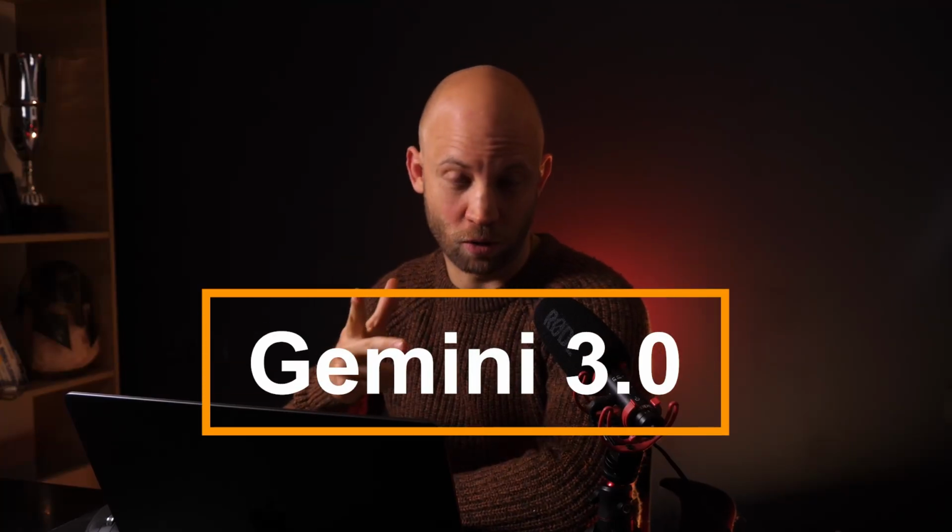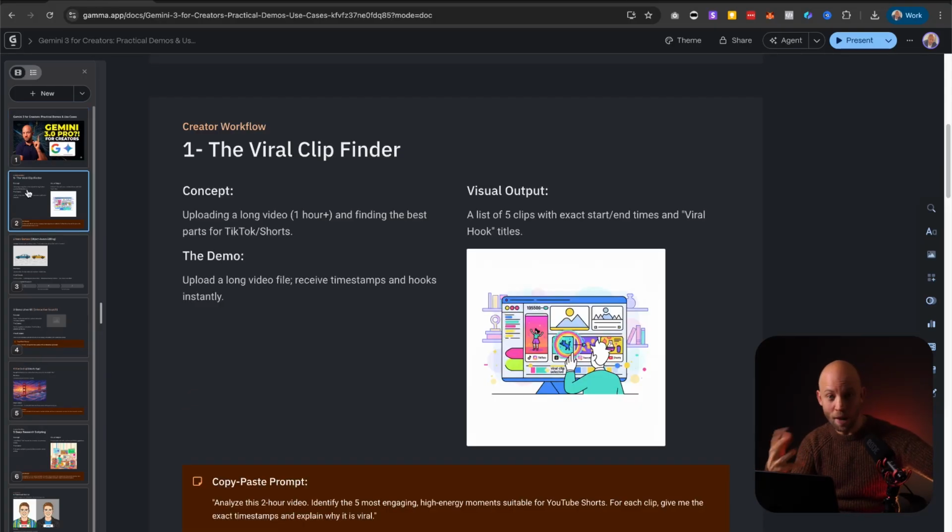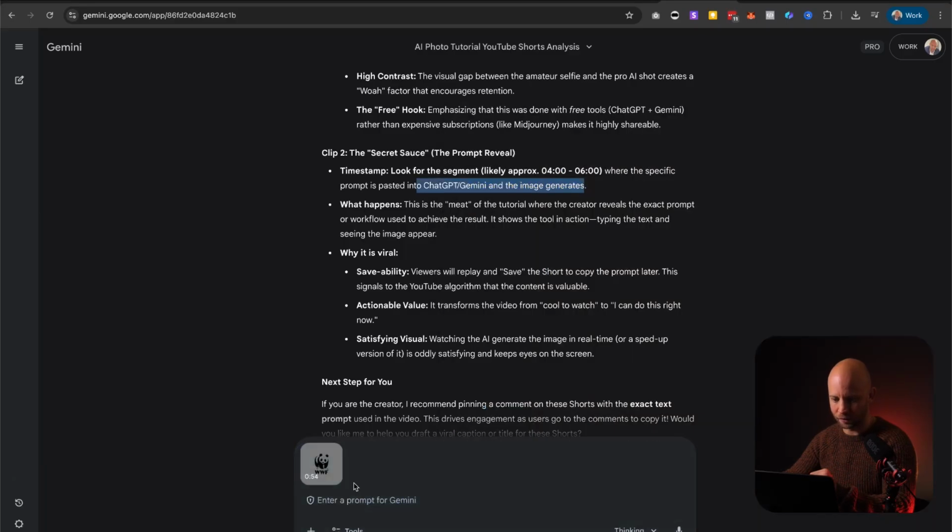Gemini 3 is out. This is a superb update, but nobody is talking about the really, really important things. If you're a creator, then I'm gonna show you something that will blow your mind. Gemini 3.0 can actually read your videos, and just upload it right here and tell it to, I'm gonna dictate,